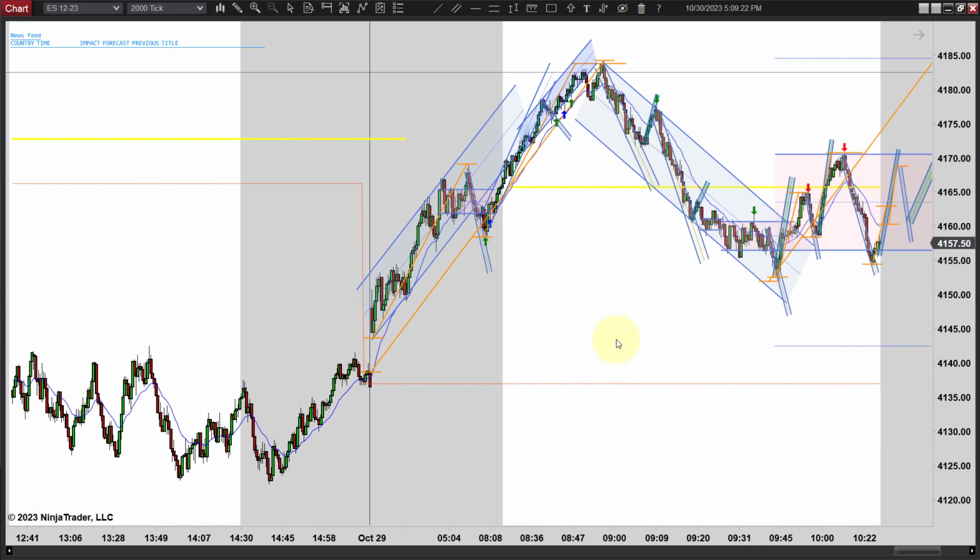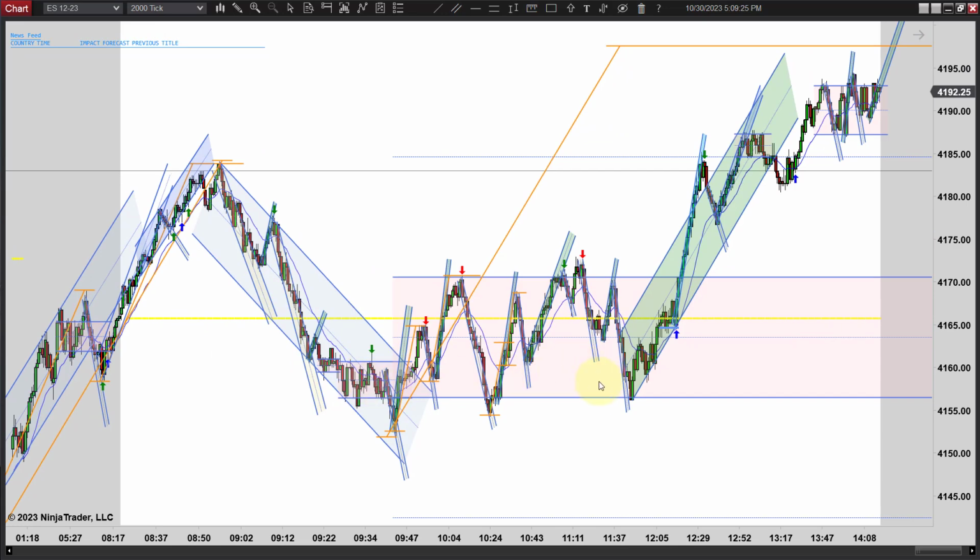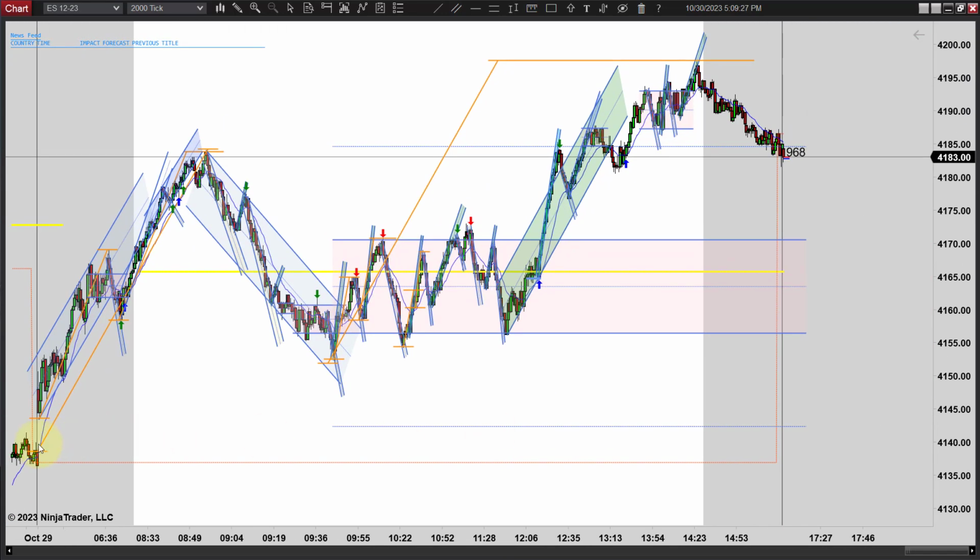Let's zoom in here. Let me show you this real quick. There were clearly two measured legs up. You include that gap down here. There's your first leg. Then you had the correction. Your second leg started from here, and it's basically a perfect two legs up to the tick. There were two legs in this first leg that were measured, and two legs in this correction that were measured, which at first you would think, hey, maybe we're going to try to make another measured leg down. But when we couldn't get below this support level here, it tries to go higher, and we end up making two legs up instead of two legs down.